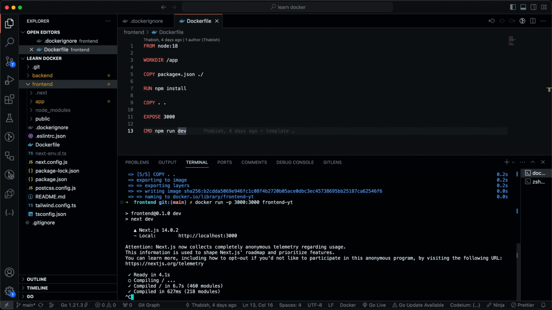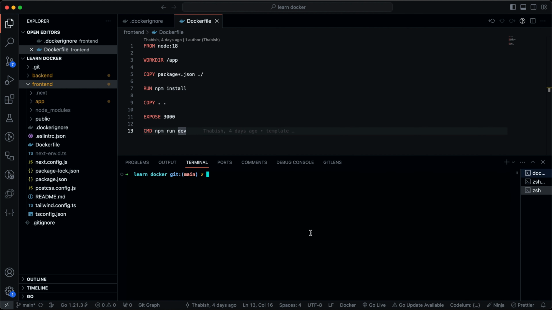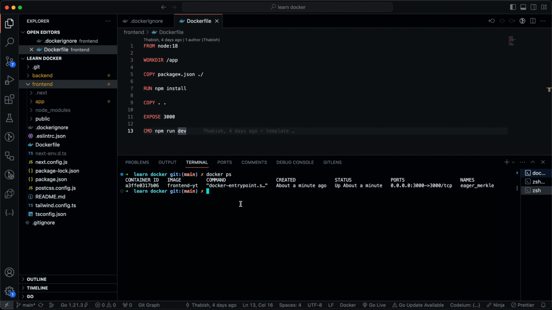You won't be able to stop it in this instance of terminal. So what we'll do is we'll create a new instance, and a good command to look at all the instances of the containers which are running is docker ps. So this gives you a list of all the containers which are running. So at the moment, the front end YT image is running,